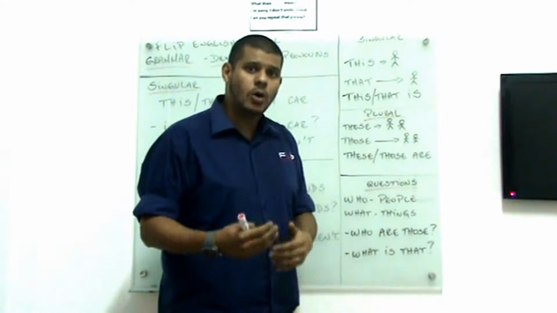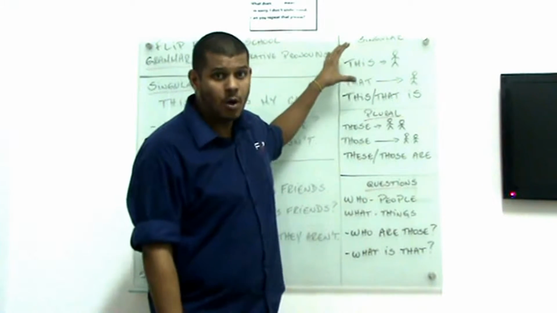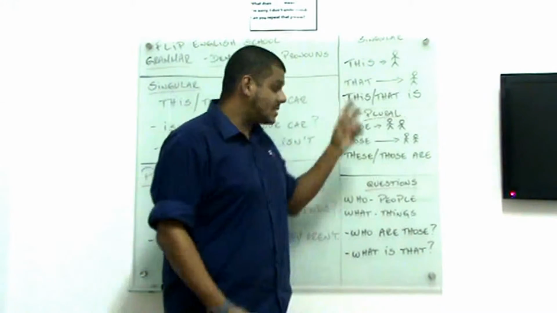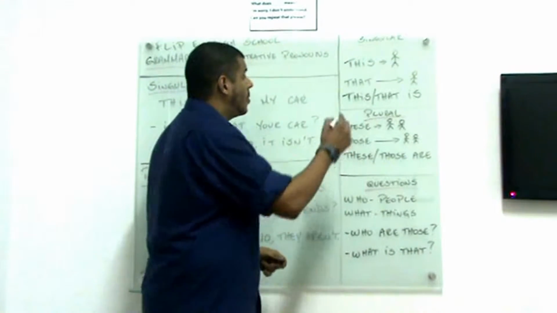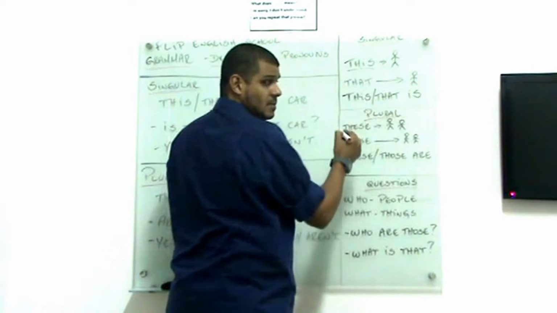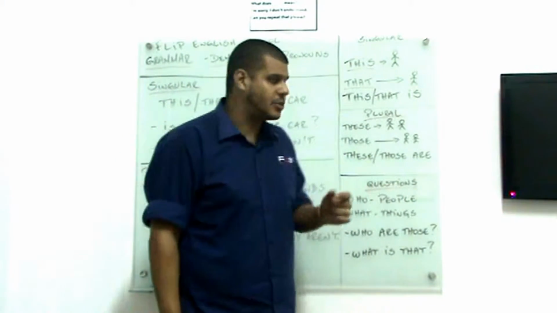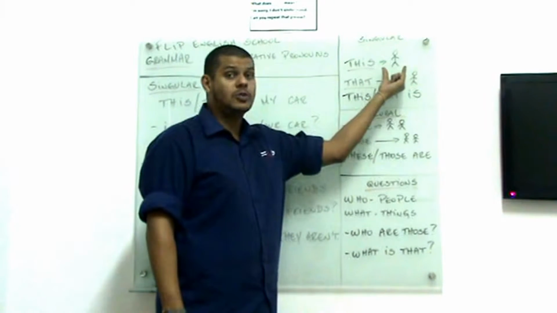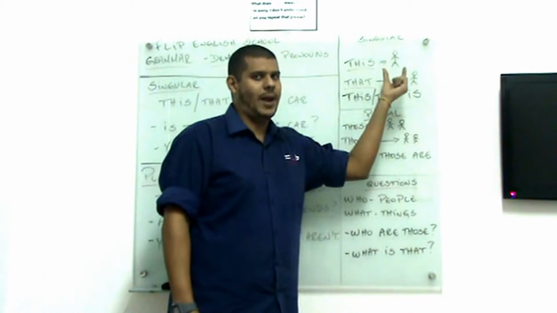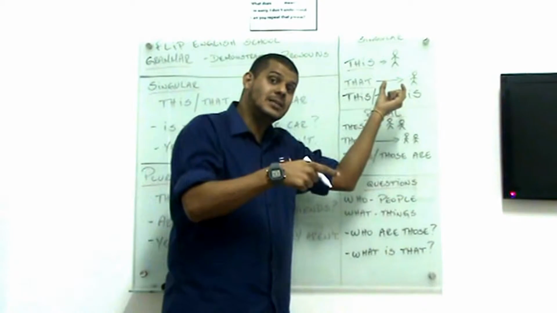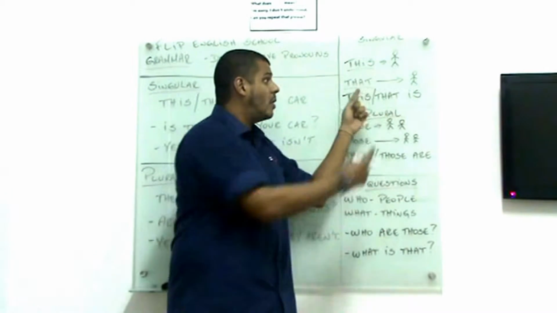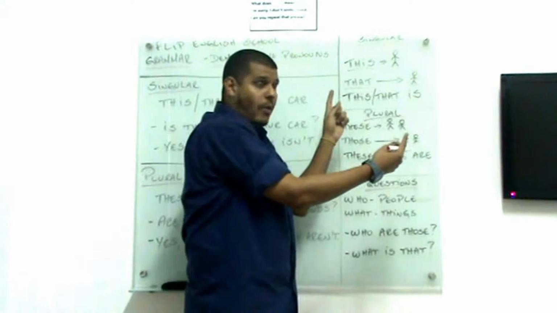I will start talking to you about the singular ones, alright? So okay, in this case we have here two different demonstrative pronouns. We have this and we have that. What's the difference between this and that, alright? This always talks about short distances, alright? Short distances, I use this. And when I use that, I talk about, you see, long distances, alright?